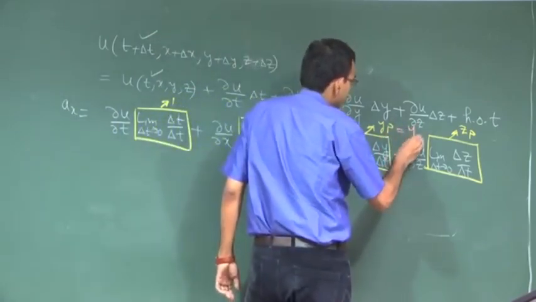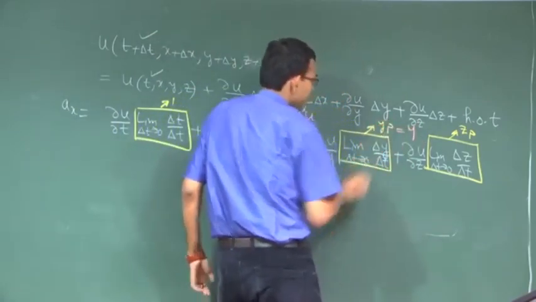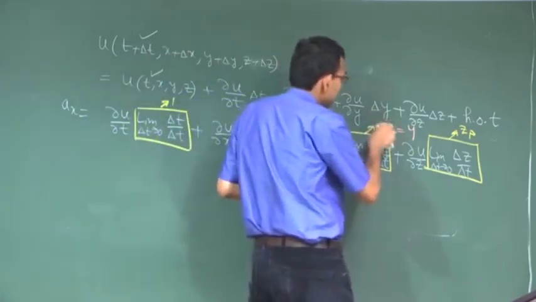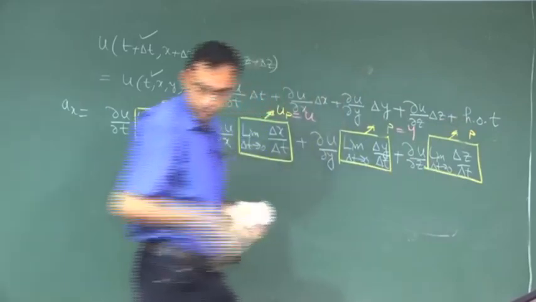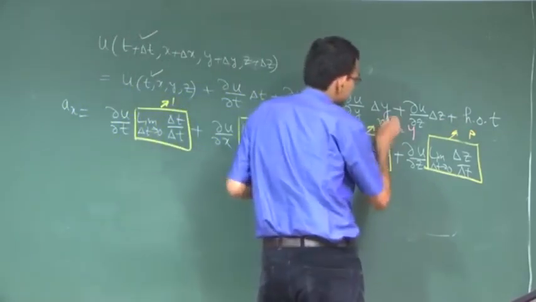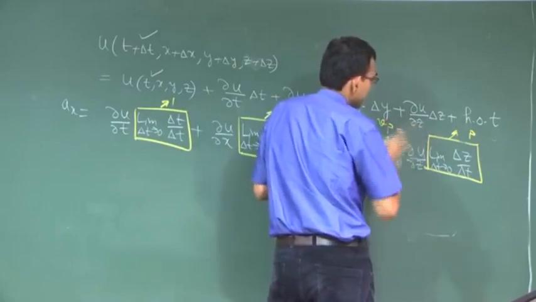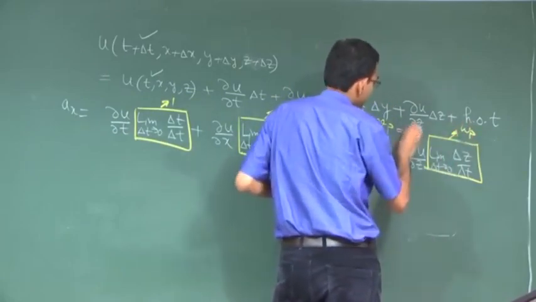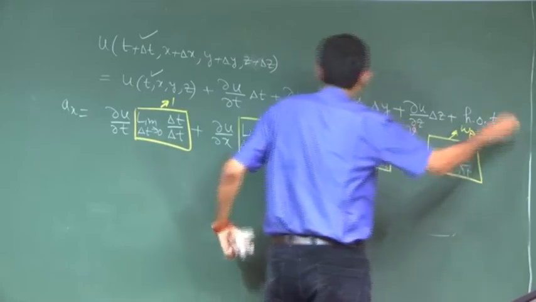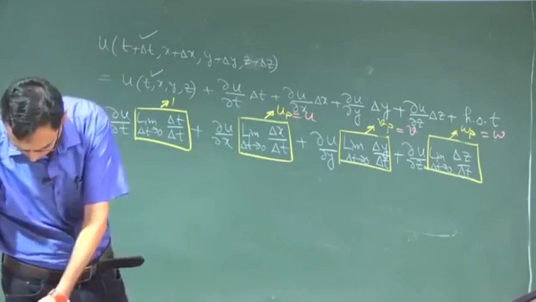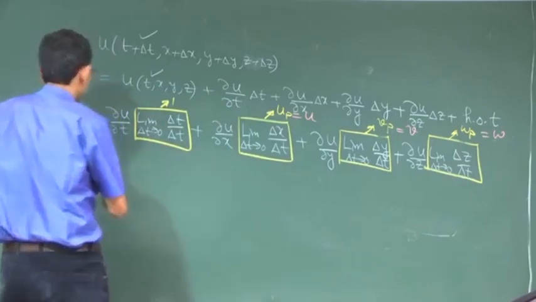This becomes U, V, W. So, Vp is equal to V and Wp is equal to W. So, acceleration along x becomes